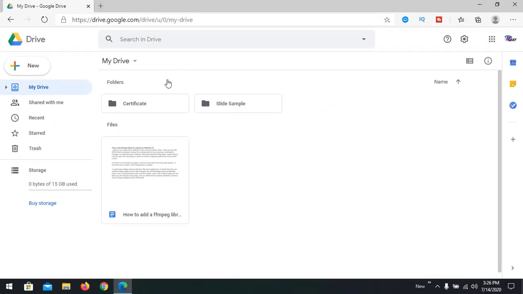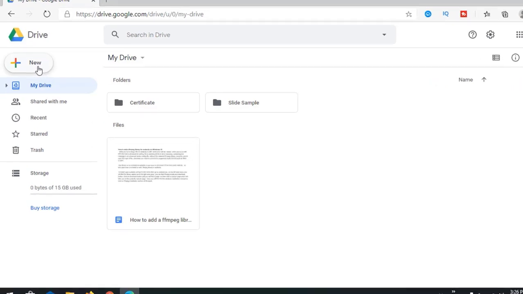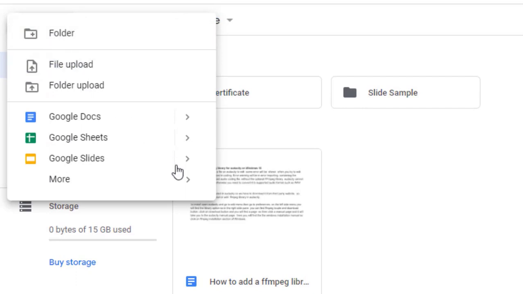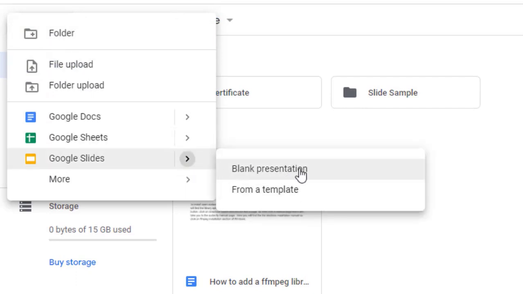That is our online storage where you can store your files and folders. In the first stage, we are going to create our certificate that will be used in AutoCAD. So let's prepare our first certificate: new, Google Slides, and we are going to take a blank presentation.